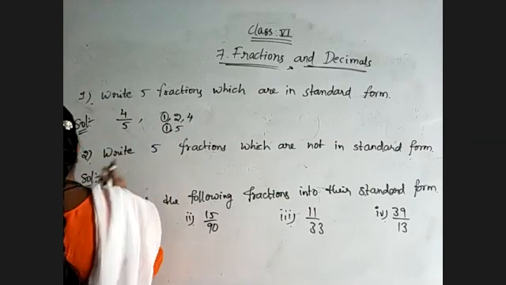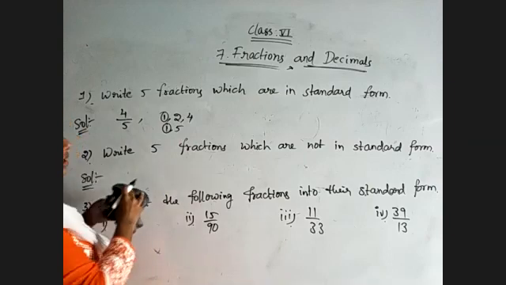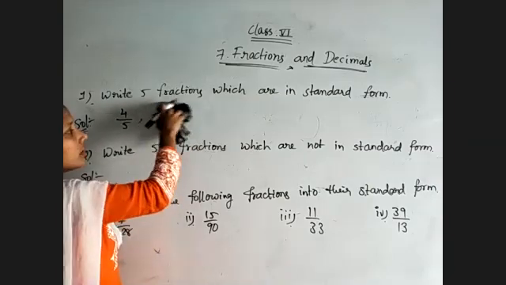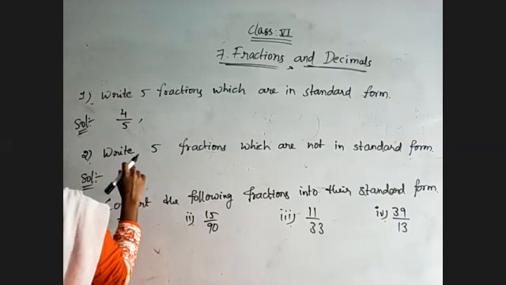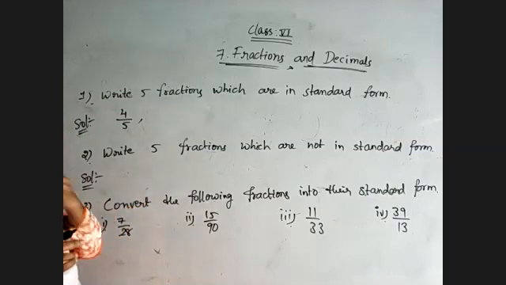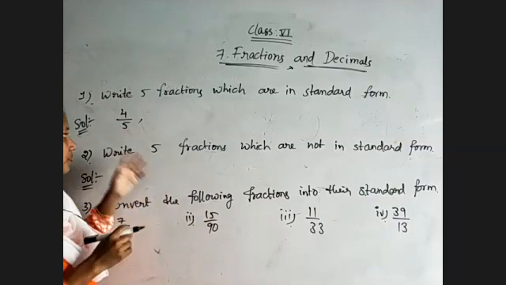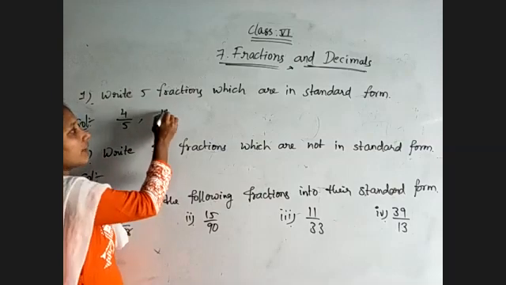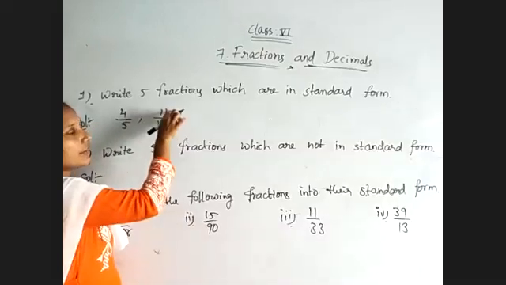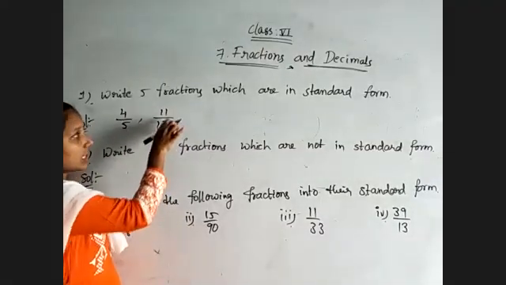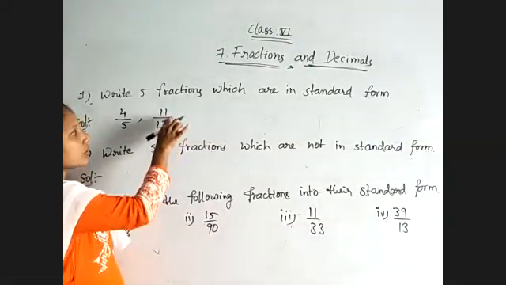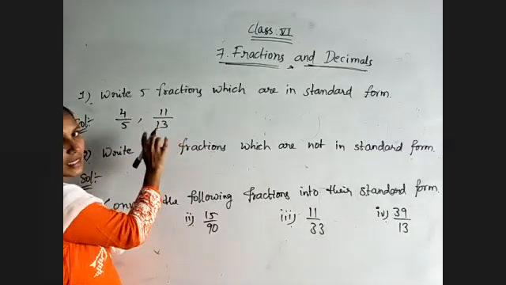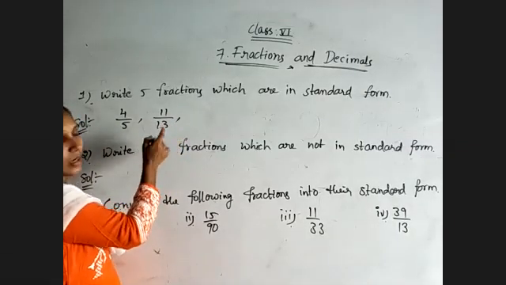Okay. All the consecutive numbers are always co-primes only. If HCF is equal to 1, then they are said to be co-primes. We have studied in 3rd chapter. And coming to next, if I am taking 2 prime numbers, so suppose 11 by 13. 11 and 13 both are prime numbers. Their HCF also 1 only. So this is in standard form. No cancellation is possible.